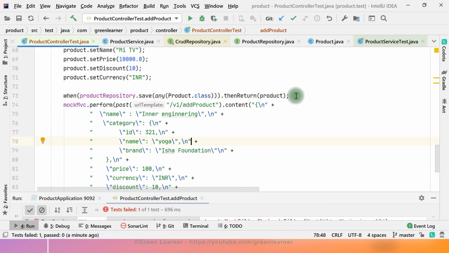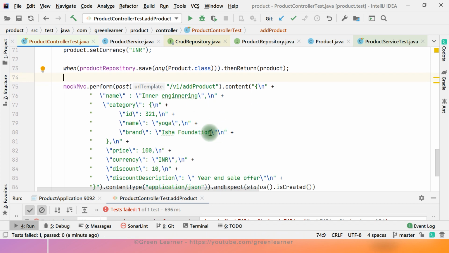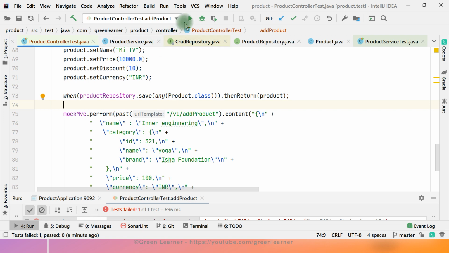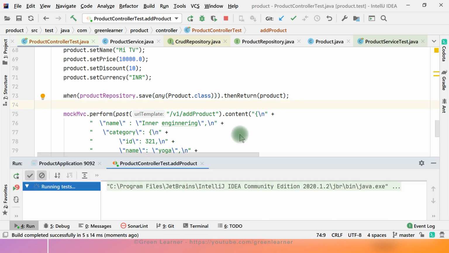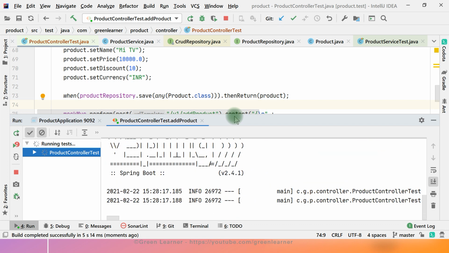And now perform post this one, content this one, any, and run this again. Hopefully it should run properly and I should get the actual assertion error that we were getting earlier.